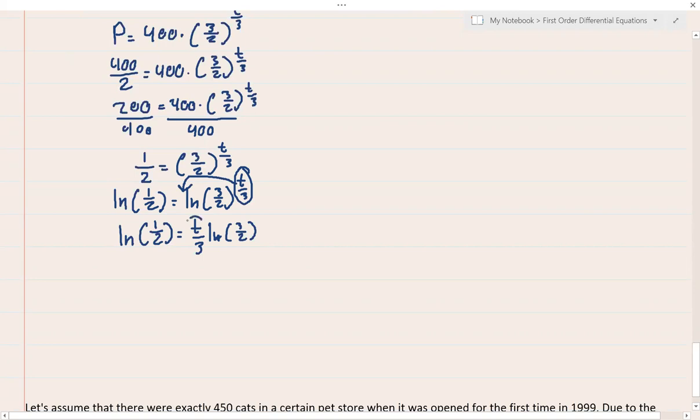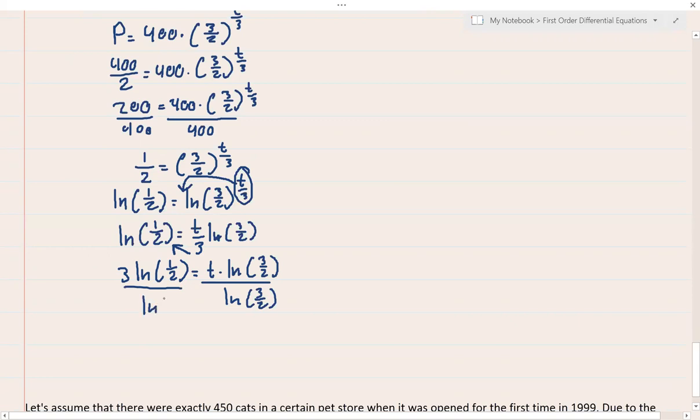So para makuha natin si t, yung half time mo, i-cross multiply ko si 3 sa ln of 1/2 kasi si 3 ay ang denominator. So magiging 3 times ln of 1/2 is equal to t times ln of 3/2. So after that, I will divide both sides by ln of 3/2 para makuha ko na yung time, yung half